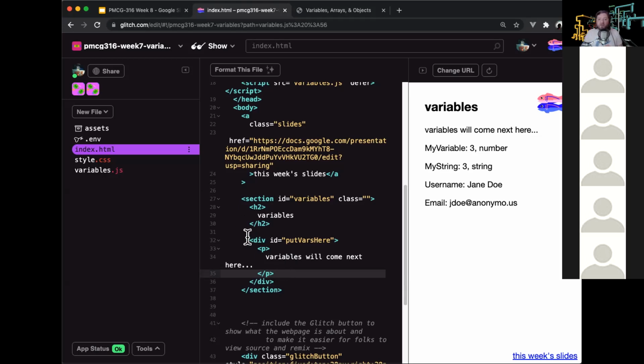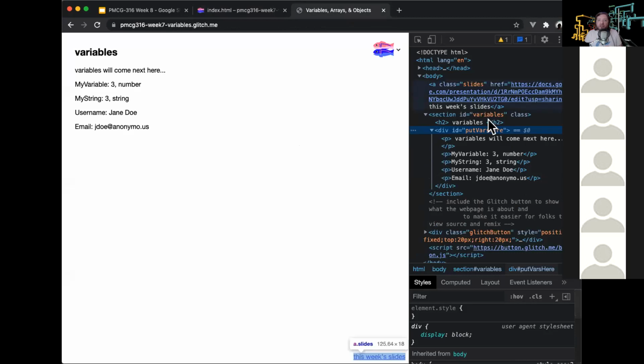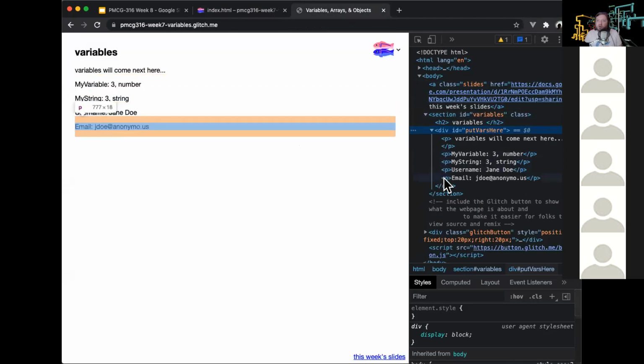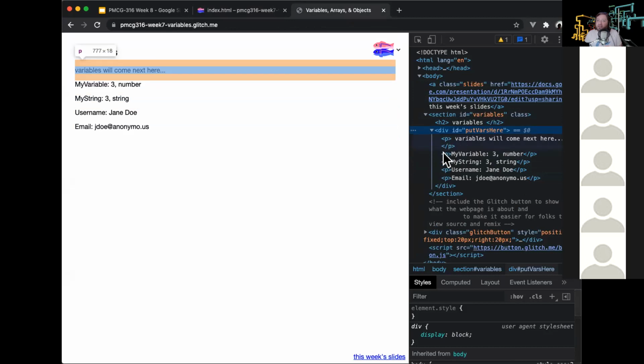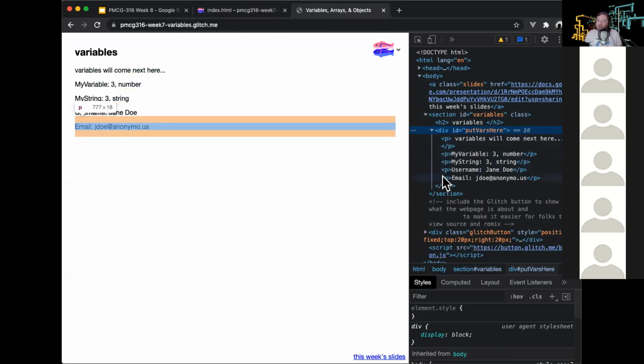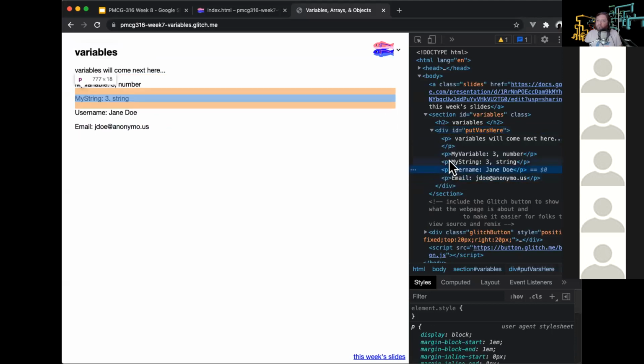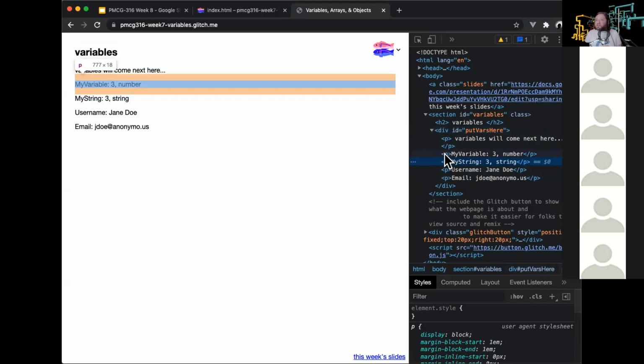Like here in my actual saved document, all we're seeing is this one element. But as soon as we actually get over to here, as far as the final page is concerned, there are 5 paragraphs in here. What ends up actually being inserted into the document is more HTML. This is the entire strength and value of JavaScript, is that it allows you to manipulate and create and delete and destroy HTML completely on the fly. If I wanted to,